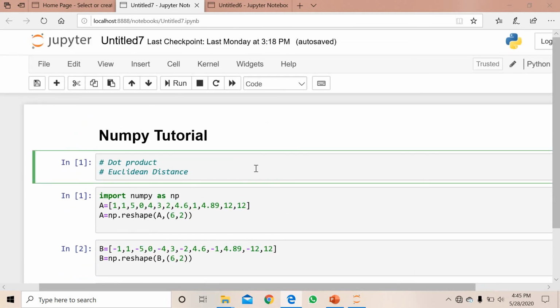In the next tutorial we are going to learn how to calculate the eigenvalues and eigenvectors with a